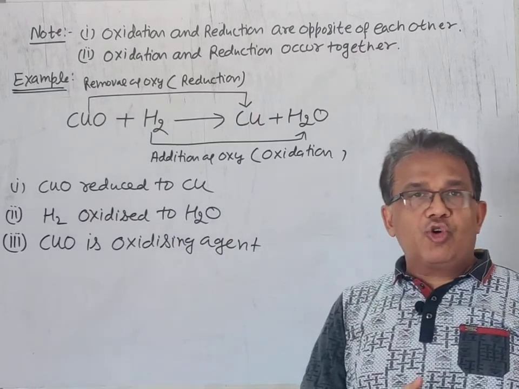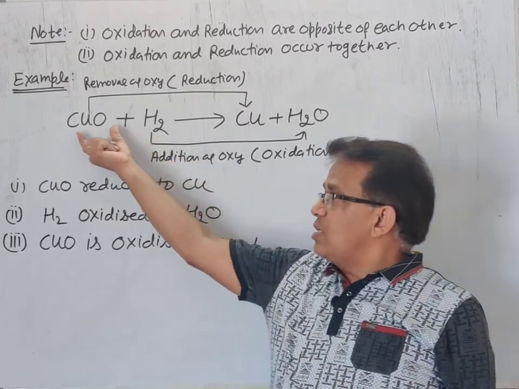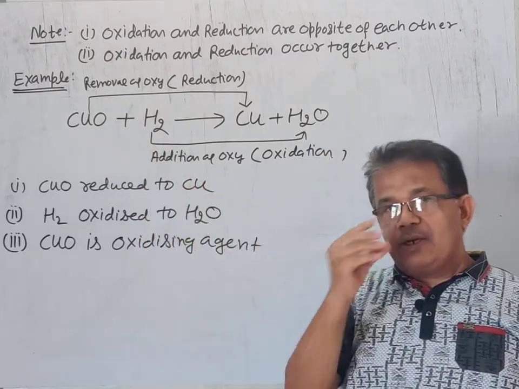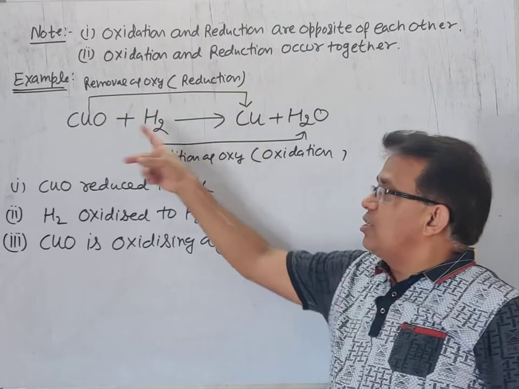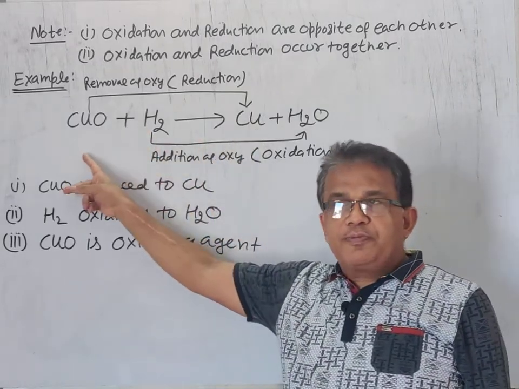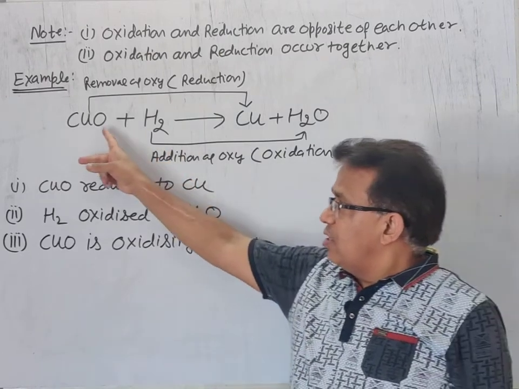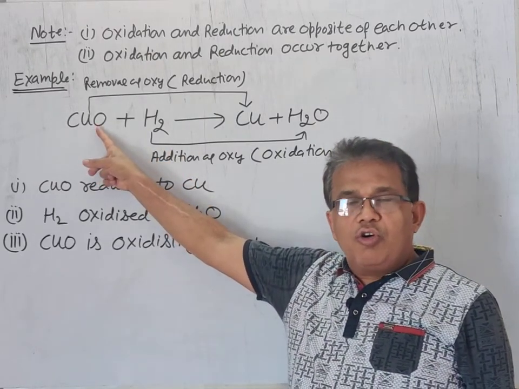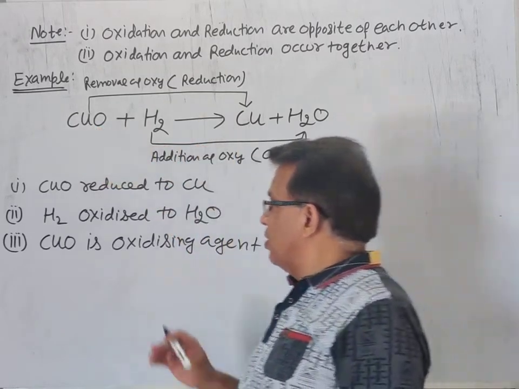I have also told the substance which gets reduced is the oxidizing agent. So previously it was copper oxide, now it is reduced. Reduced in the general meaning is to become small. So it becomes small, it is reduced. Therefore it is the oxidizing agent. So both definitions fit: the substance which gives oxygen or the substance which gets reduced. So it is the reducing agent.